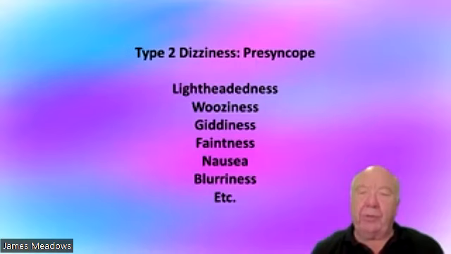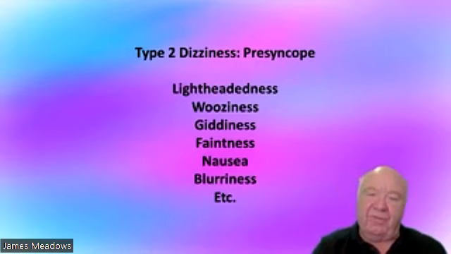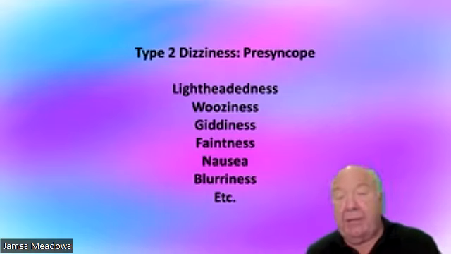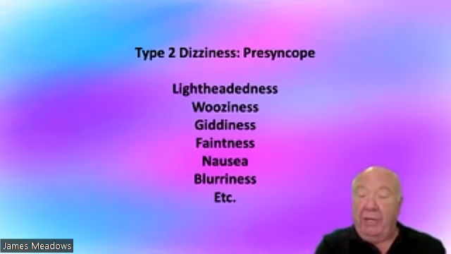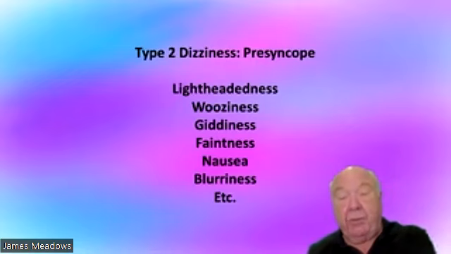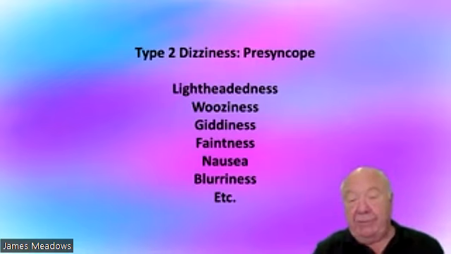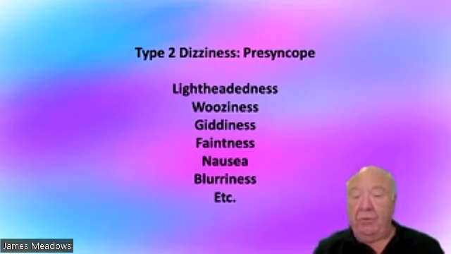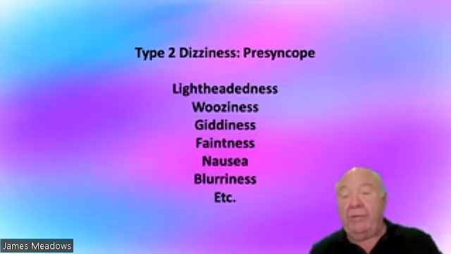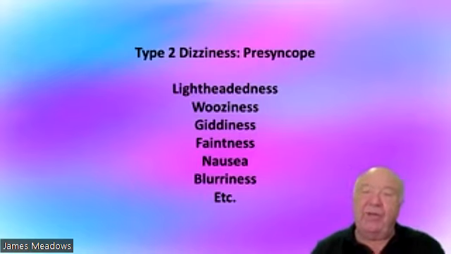Type 2 dizziness is also called presyncope dizziness because it's a feeling you may get just before you faint. The terminology used here actually depends on the culture. There are different terms that are used in, say, Britain versus the US or Canada, and this is just a language issue. There's no real significance in which one you use. It's just your culture. There are terms that will be used in Britain that wouldn't be that obvious to an American, for example. Anyway, it includes lightheadedness, wooziness, giddiness, faintness, like you feel like you're going to faint, nausea,